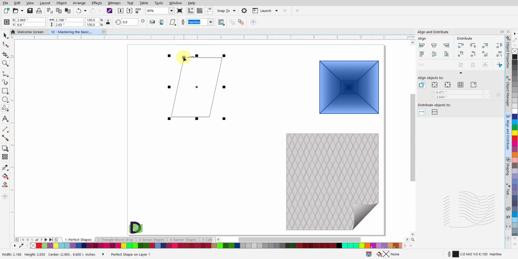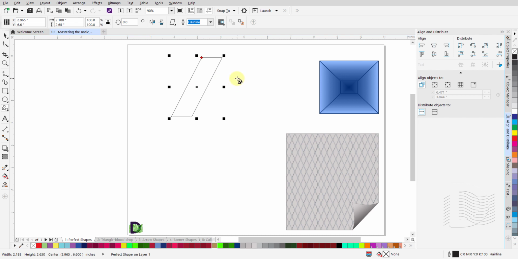With your parallelogram tool still active, left-click and hold on this red diamond. You can drag this diamond to the right or the left to adjust the shape of the parallelogram. As you move the red diamond, you will see blue lines move along with the movement of the glyph. This gives you a visual of what the shape looks like at each point. Release the mouse button when done.